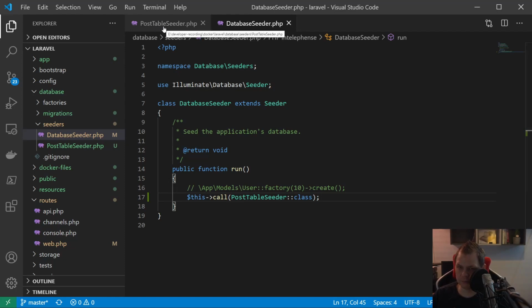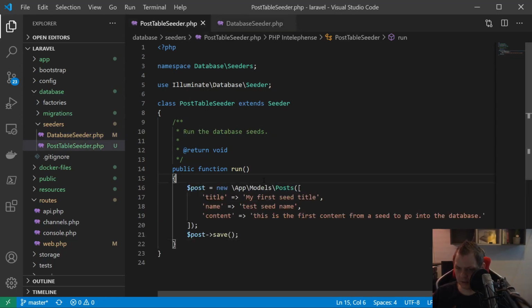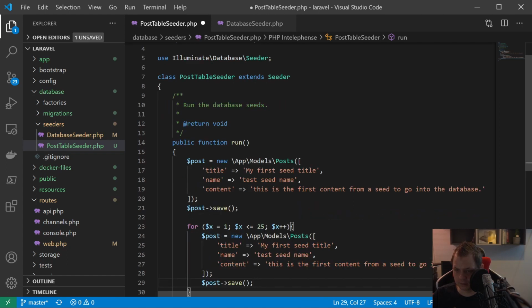So going back to the PostTableSeeder, and below here you can just say for x is equal to 1, and x should continue until it's lower than or equal to 25, and then we just say x plus plus. And inside here, I would just say this one, seed title x,